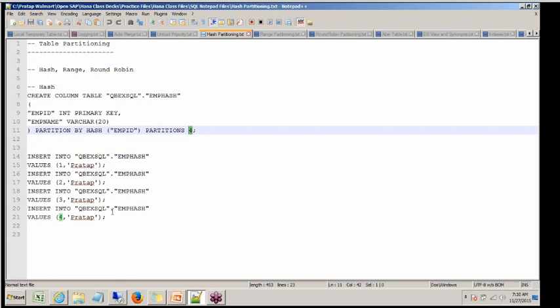Generally the partition is done on the primary key field of the table. And you can say 4 or however many partitions you want. Generally, instead of saying 4, you can use the server number function. If I have 5 servers, it will create 5 parts. If I have 10 servers, it will create 10 parts automatically.